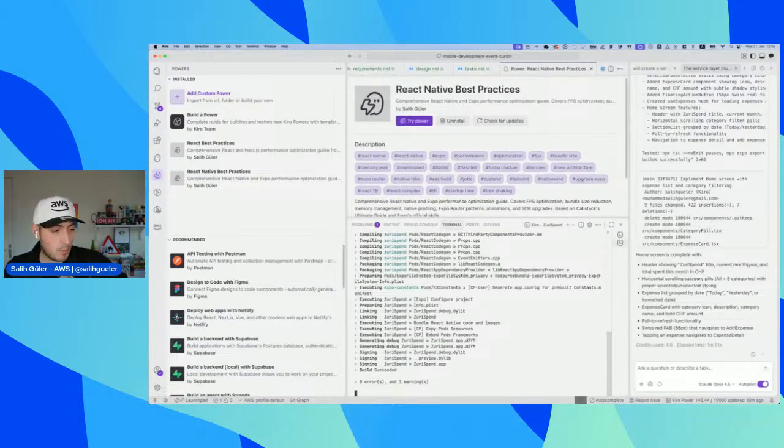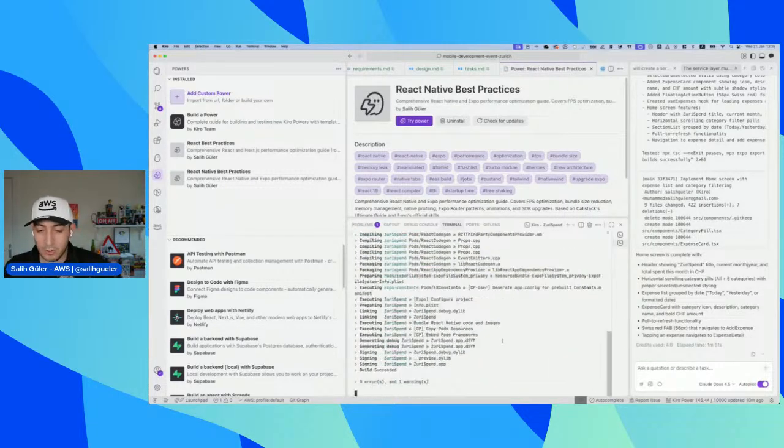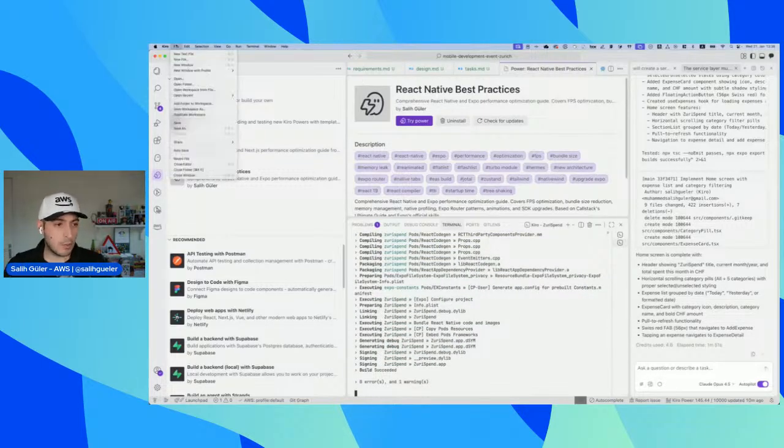And now it is going to run. But if you have worked with mobile before, you know the build process is not very reliable at all. And the last thing that I did was actually run the power through the best practices and basically let it do some changes on whatever we have built. Once this is done, we will see it, but the main thing that we are going to do is actually